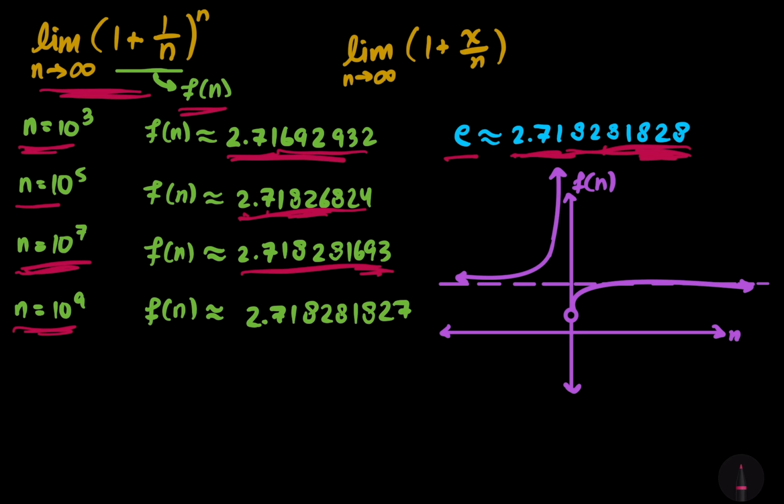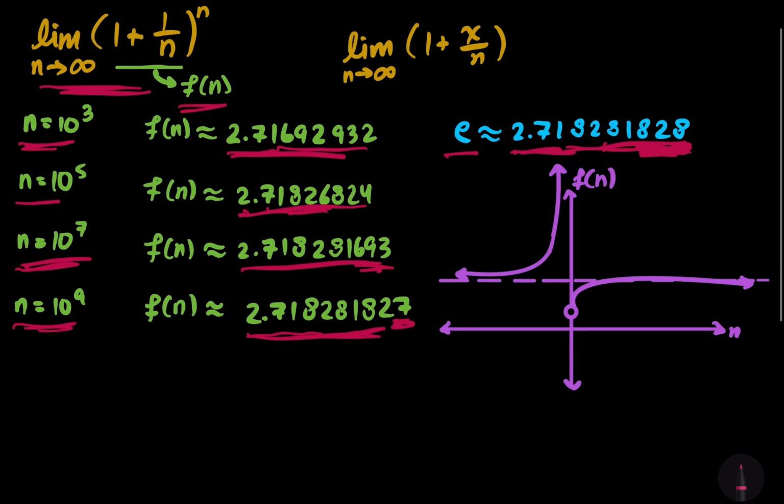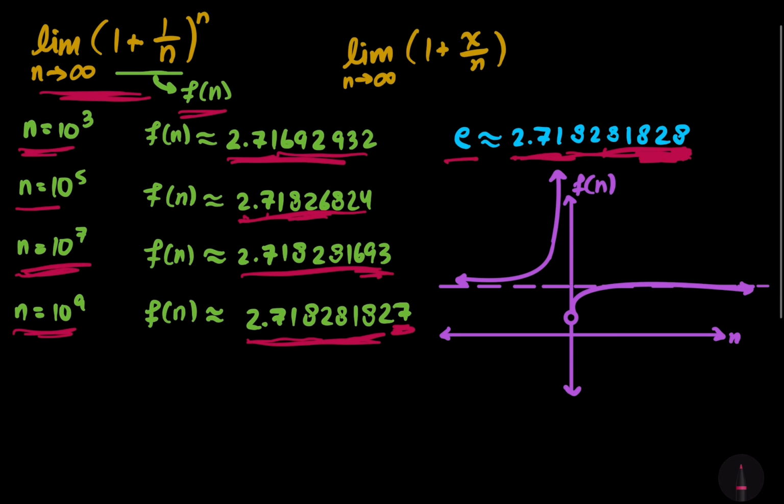But 10 to the 9th, you can pick n equals 10 to the 9th, for example, input that into f of n, and we will get this number that is extremely close to e. We get 2.718288182, and then we get a 7 at the end, which is almost identical to e's approximation, except with e we end with an 8. And so the point is that this limit, as n approaches infinity, is in fact equal to e. I'm assuming you're at least slightly familiar with e from your Algebra 2 or pre-calculus classes, because e is a very important number that we're going to come to find serves us many different